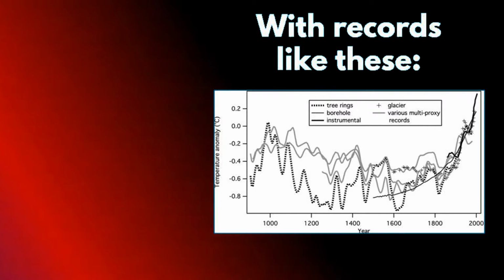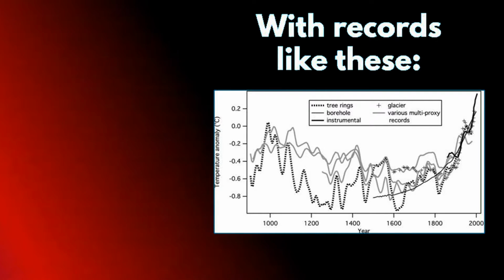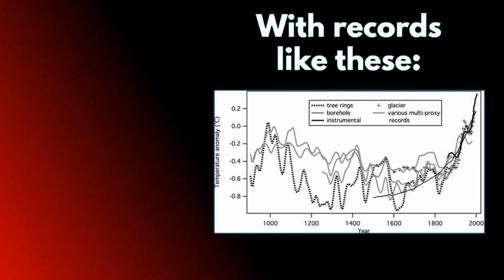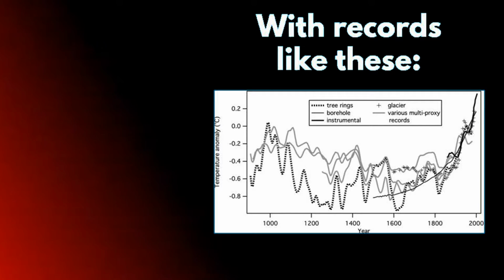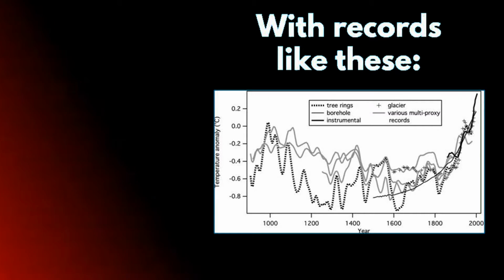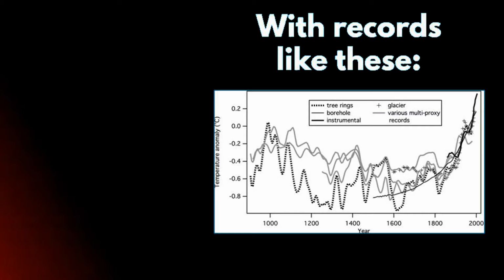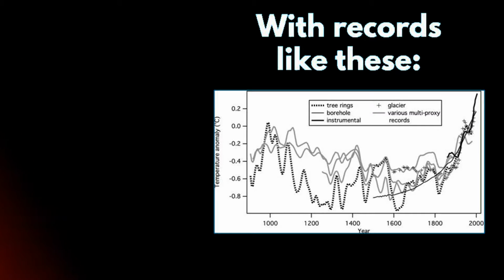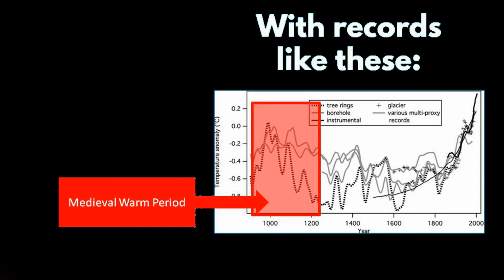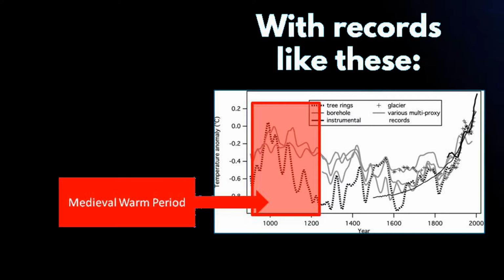Like we can build these kinds of reconstructions of the paleoclimate of the last, about 1,200 years, for example. And you can see that there's a number of different sources of information on this graph, like tree rings and glaciers and so on. And they aren't all in perfect match, but they have the same basic trends and so on. For example, all of them seem to show the medieval warm period.